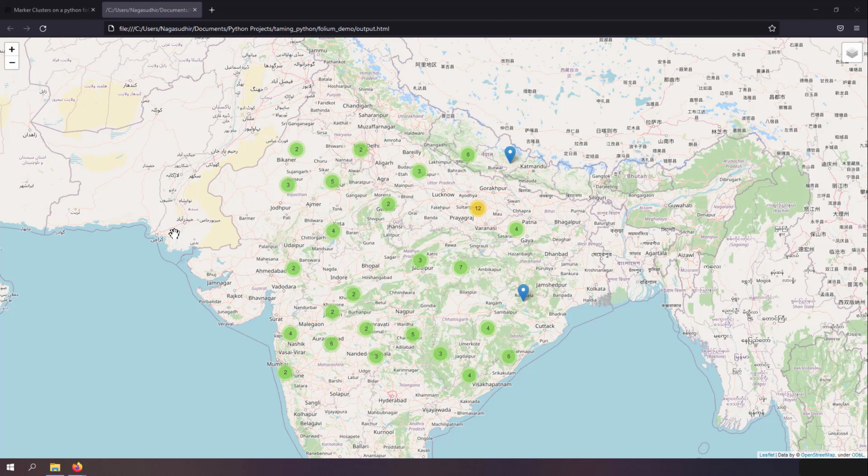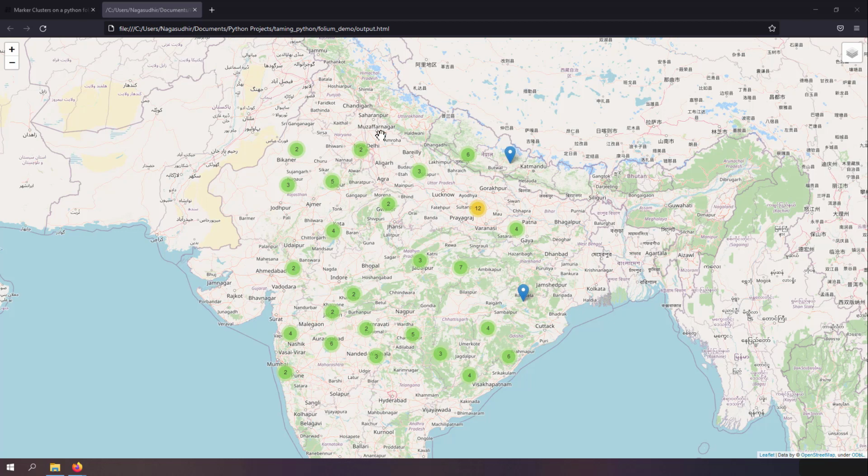In this video, we're going to talk about how to plot marker clusters on a Python Folium map. If you have a map with more markers, then it will be a bit uneasy to see a lot of markers on a map. So marker cluster is a Folium plugin which is very easy to use, and using marker cluster, you can actually cluster your markers when there is a zoom out view, and when you zoom in, your markers will be visible. So let's take an example of this.